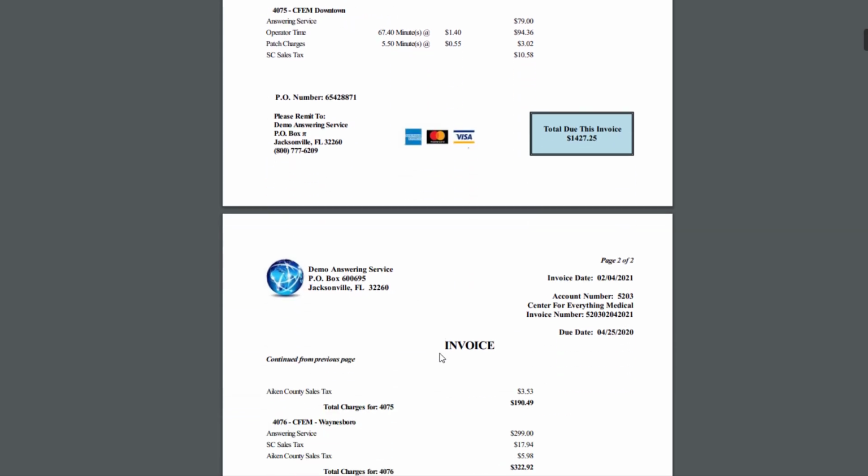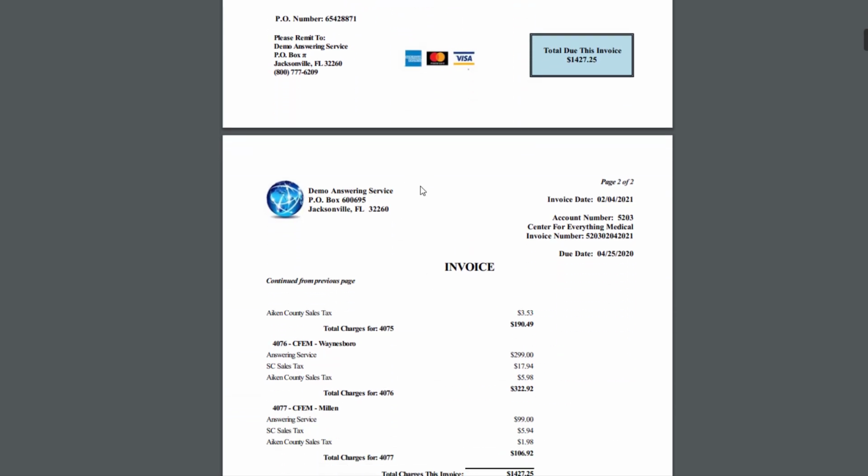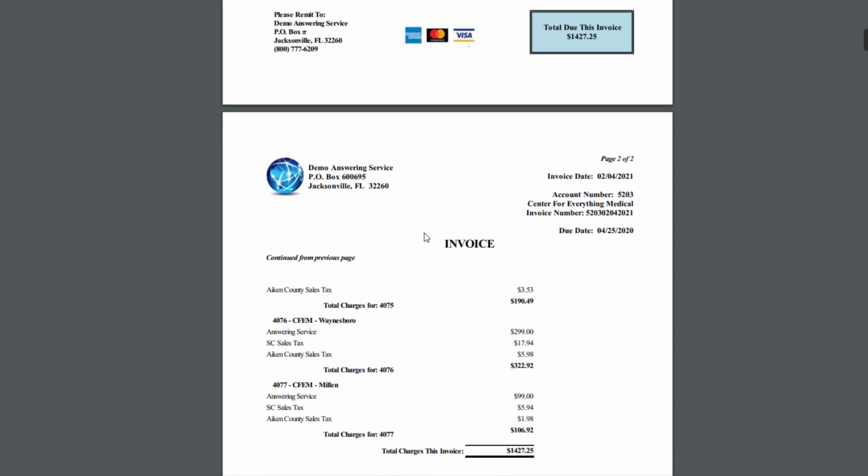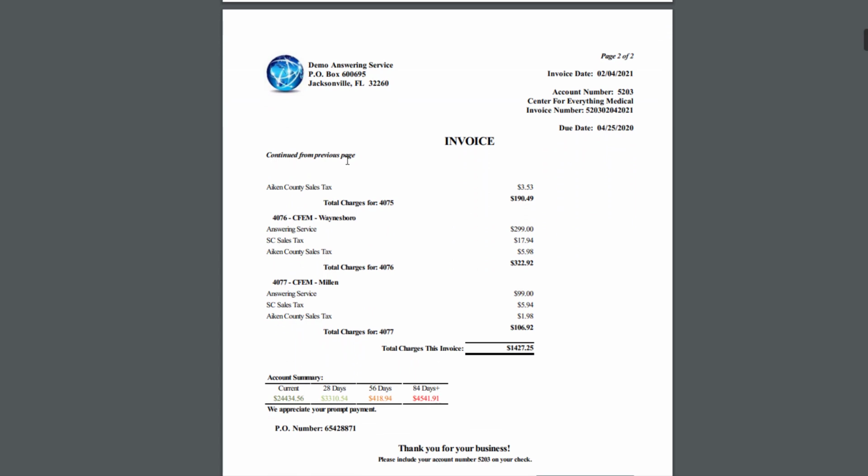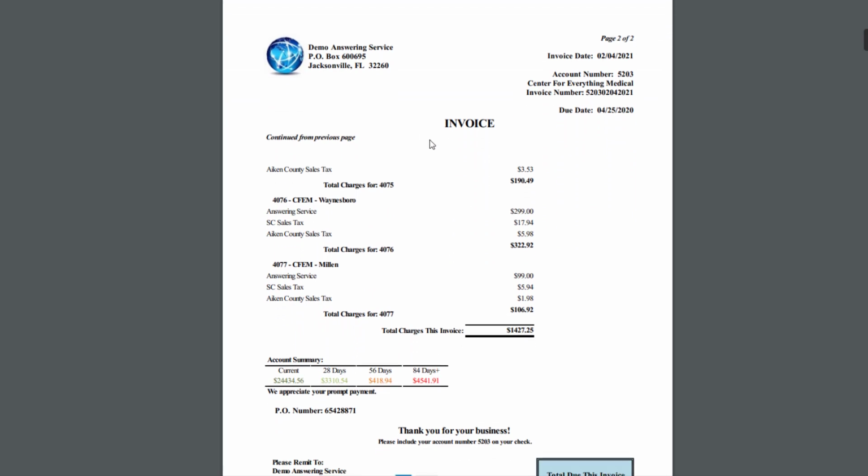On the second page, the header is now a little bit shorter because I don't need the from and to address. I just want to remind this client that this is from my company and this is their company information and the various invoice numbers and what have you. And I have on here continued from the previous page, the page numbering going on, the charges for this invoice,